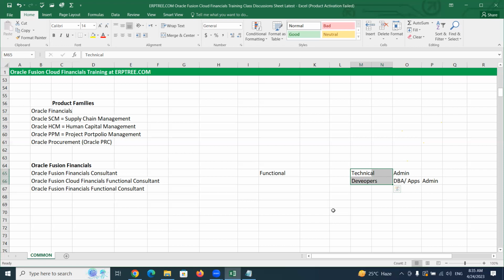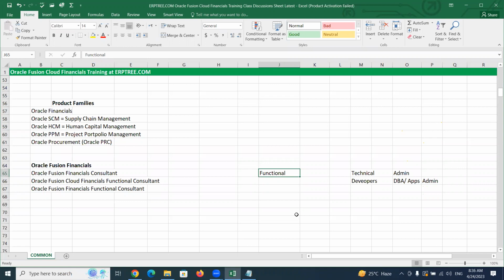It depends on what technical work we have. Accordingly, we can take the technical team support. The huge demand is for functional, and only functional people are mostly required to travel on sites. The DBAs are not required. Technical consultants or developers, they can sit anywhere and perform the work. They need not interact with the clients. So only functional people have to interact with the client, and they can get more on-site opportunities. They can travel wherever they want to travel depending on the project need. But technical consultants have less scope for on-site travel.